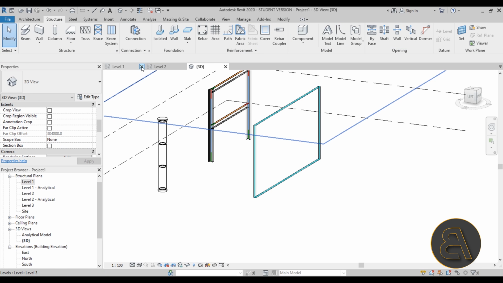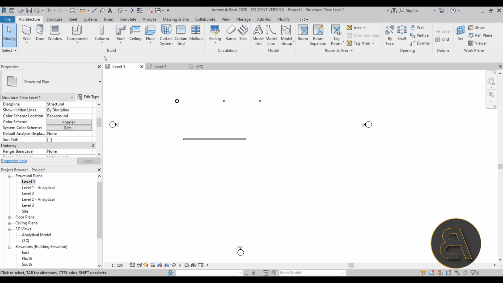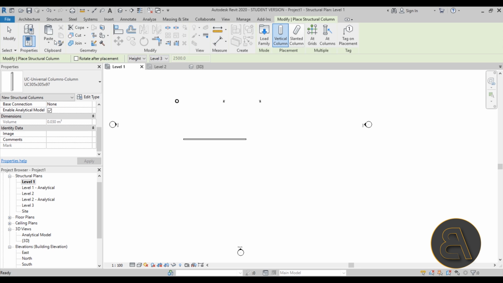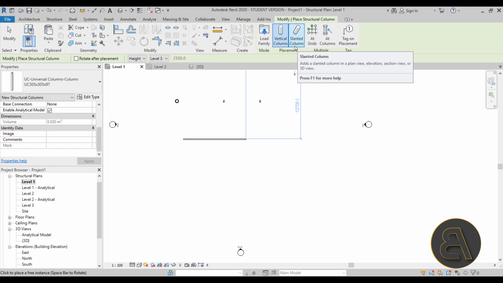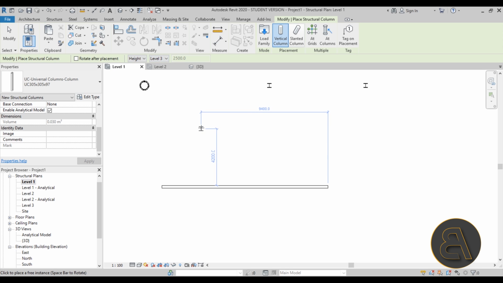Okay, let's go back into level 1. Now here we have columns. Now columns are a bit different than the architectural columns. So if I go here to structural columns and select column, we don't have the option of architectural column, and we do have an option of selecting a vertical column or a slanted column. Now here, first let's take a look at the vertical column. You set the height here or depth. I like to keep it at height and just up to level 3,